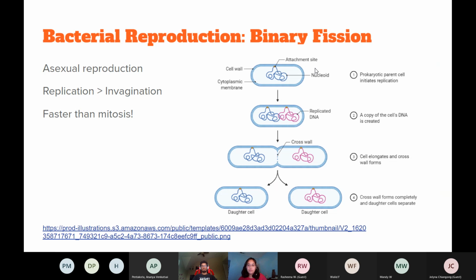So you have this prokaryote, this bacteria here. It's ready to replicate. And so compared to eukaryotic replication, or something like mitosis, this is a lot simpler. There's a lot of steps skipped. So all you have to do is replicate the DNA, like the S phase, and then it just